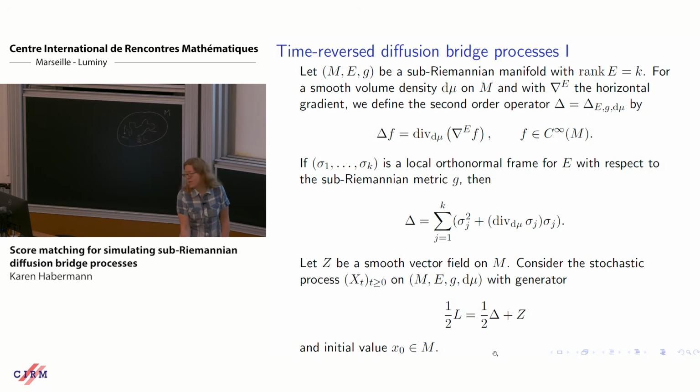Do notice that because the measure only affects the linear term, if we have the freedom in choosing whatever smooth vector field Z we want, then this basically compensates for the choice of measure. So instead of choosing the measure, we now have our choice of smooth vector field Z coming in.